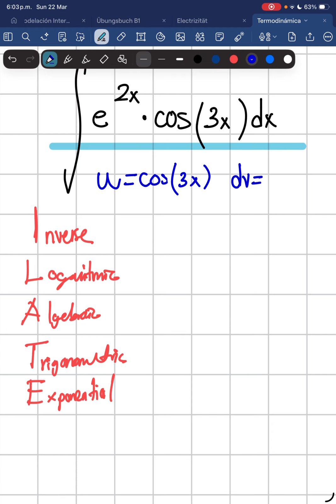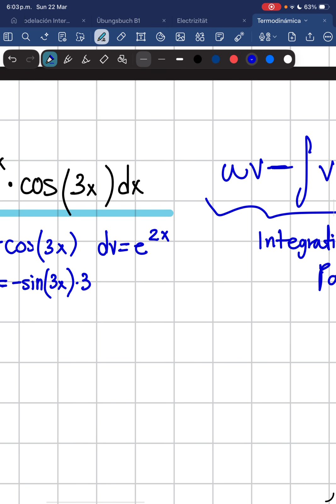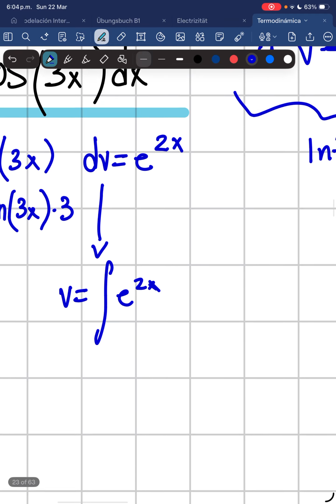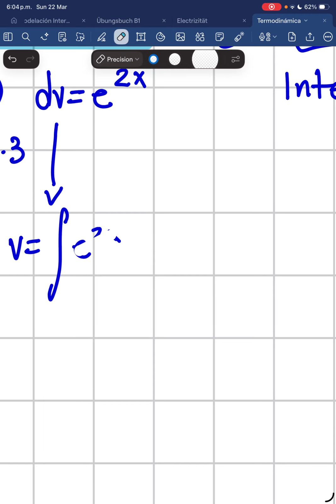dv equals the other function, which is e to the 2x. Then we have to determine the derivative of u, which is negative sine of 3x times 3. And then we have to establish only v. So for establishing v, we're gonna take the indefinite integral of e to the 2x, as we have another function within the exponent,